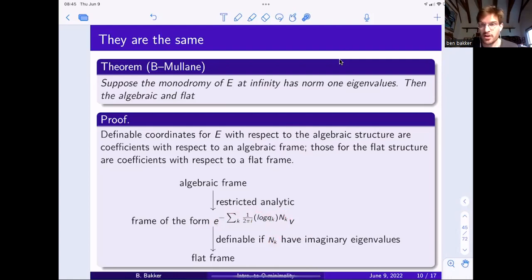Well, these n_k all commute, and we can take their Jordan decompositions for all of them. And just as before, the nilpotent part just gives us polynomials when we exponentiate. So that part doesn't matter. So it really is just the diagonal part that matters. And for the diagonal part, this is going to just look like q^k to the